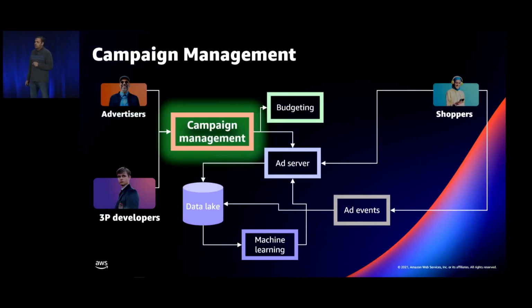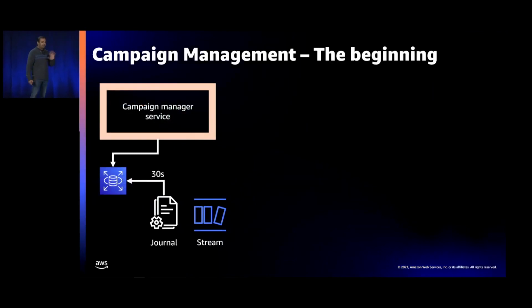This is the system which is there to store the advertiser's intent, what they wanted to do. The other responsibility of this system was also to vend out the updates to these campaigns to other advertising systems where the pre-compute data would be available. We started very simple. There was a simple Java service. It wrote the data into RDS, a Postgres database. We polled the Postgres database every 30 seconds and wrote the data into a file journal through which everybody else was reading and streaming the data out.